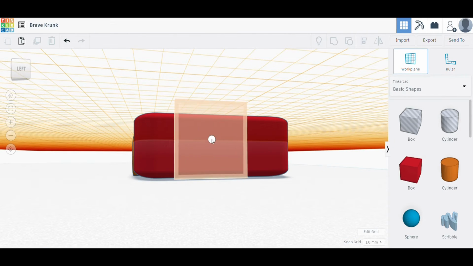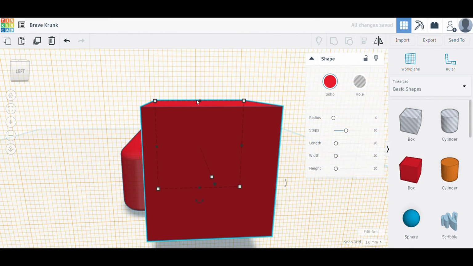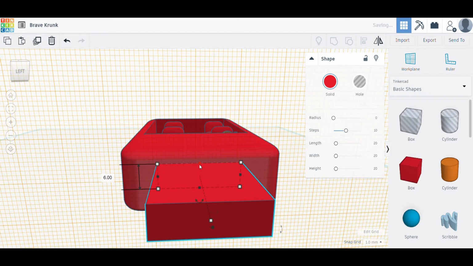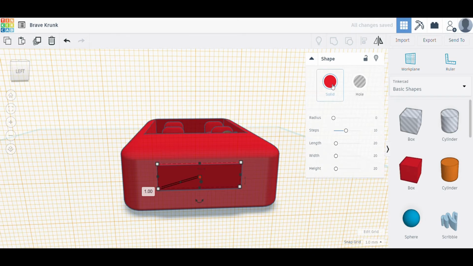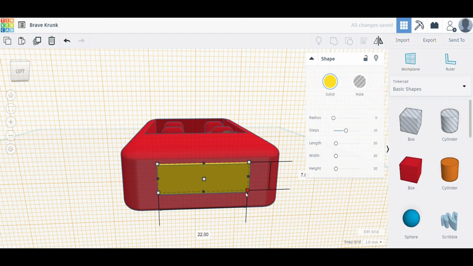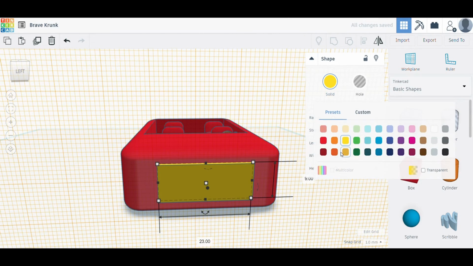So now you can add some basic details of your car, like the front portion, and you can also change the colors of these objects so that they will look more realistic to you. You can add headlights, or if you want to add any sort of things you can do. It's completely up to your imagination.